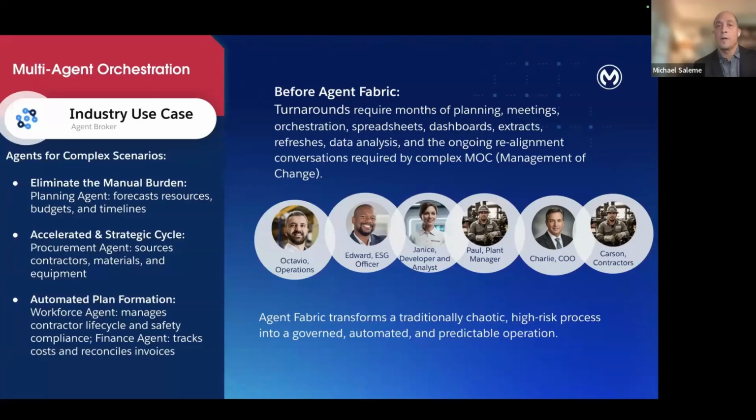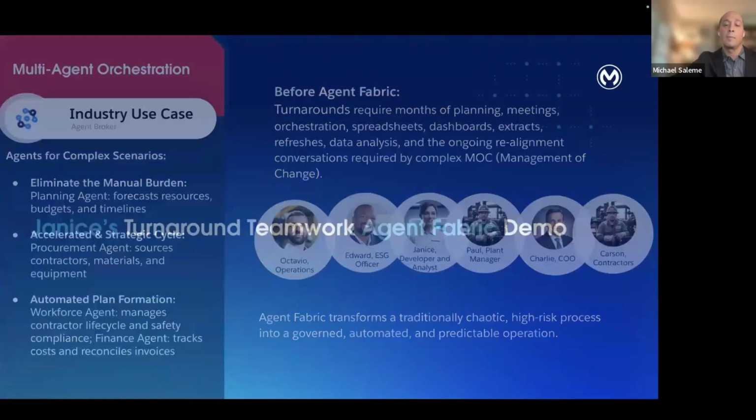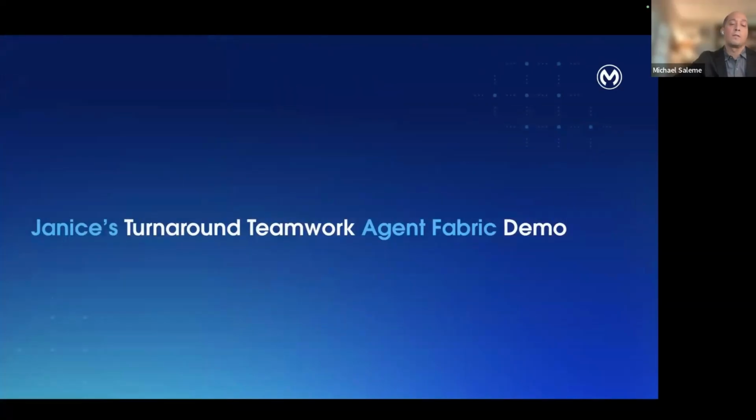And again, we talked about the overruns that are more common than you'd expect. And the COO realizes that his oil company isn't performing to his peer group. That's why this is a key initiative. So Agent Fabric is being brought in again. It's already proven itself on the past 2 projects. It can orchestrate, do that safely, manage compliance, reduce the manual activity, and give a very predictable operation. So this is what Janice builds for what we're calling turnaround teamwork.